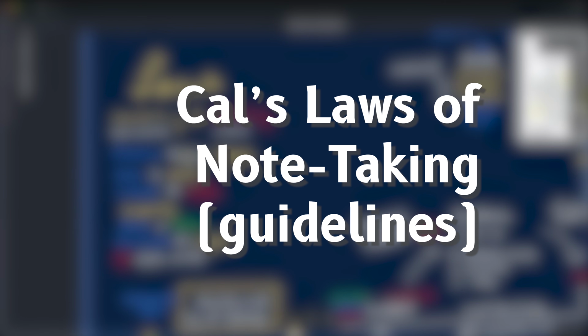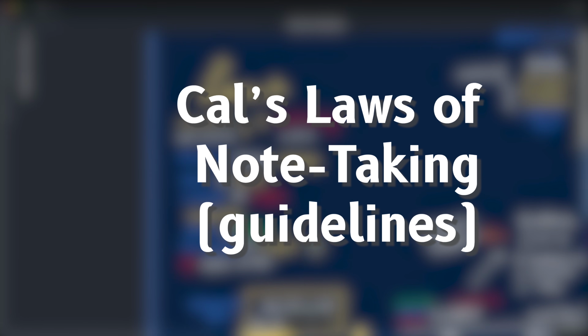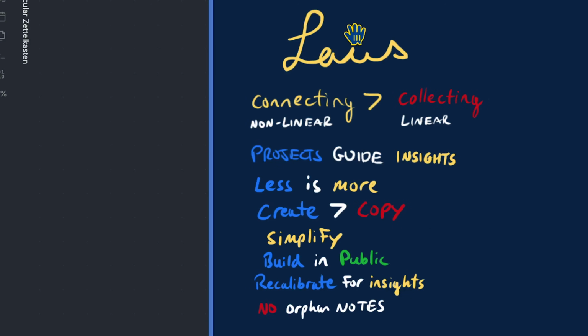Okay, so now that we've gone through more of the frameworks and you've seen how the flow of knowledge works in my Zettelkasten system, I thought I would apply a couple of laws here. I just want you to keep this in mind as we go through and create the templates for each of the different notes, because it's really easy to get overwhelmed with all of this. So sometimes it's helpful to have a few rules, a few laws that you can default back to if you're starting to feel overwhelmed.